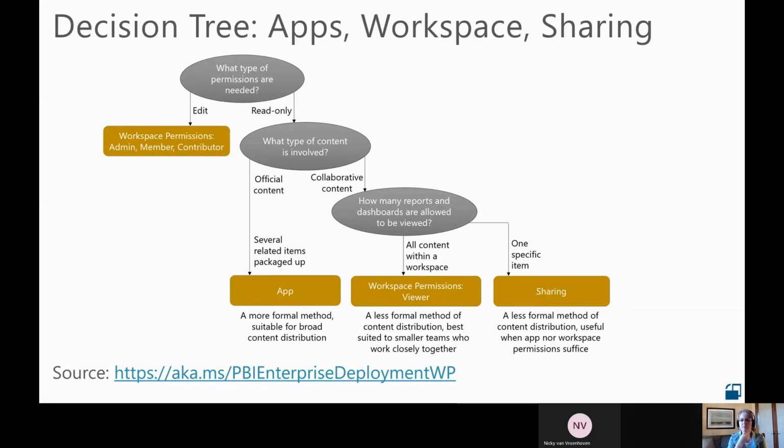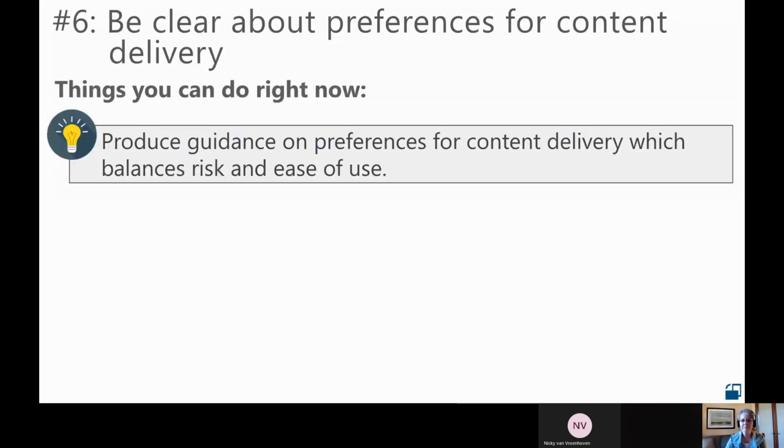And so, Lukasz from the Power BI team kind of helped me with how the Power BI team specifically sees this, right, between it being official content and collaborative content. So something like this is what I mean by guidance, right? So not 3 pages of dense text if you can avoid it, just quick rules of thumb.